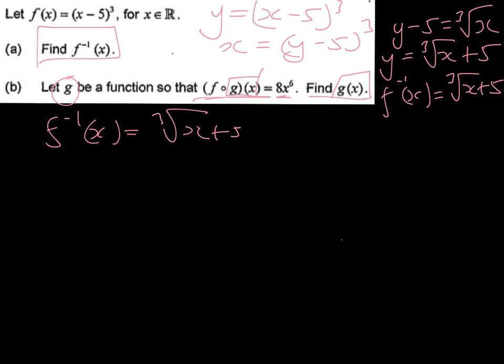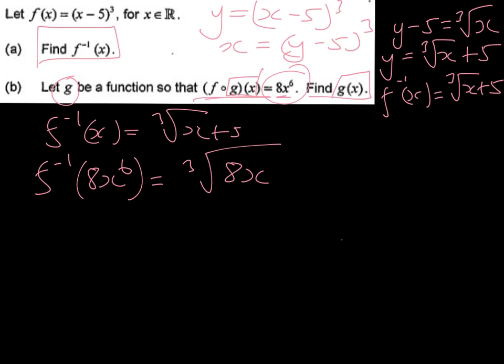What we want to do is undo this function here. So we want the inverse of 8x to the power 6. So that is going to be the cube root of 8x to the power 6, plus 5,